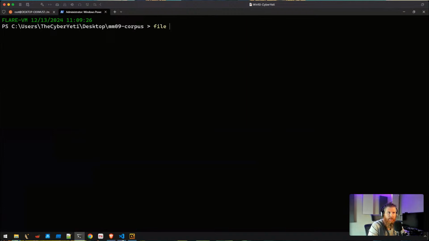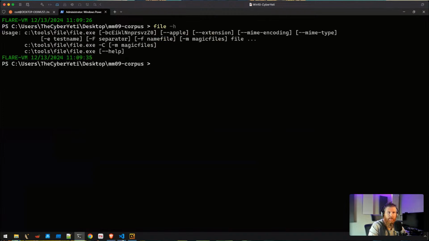We have the file utility here in the Windows version. And I'm not even entirely sure where this utility comes from. My gut guess is that it's Sysinternals, but I'm not 100% sure. It's installed by Chocolatey, so we could probably dig in and figure it out. But the problem is that I can't find a way to recursively use this file utility. So if anybody has a way to do that, that would be great.